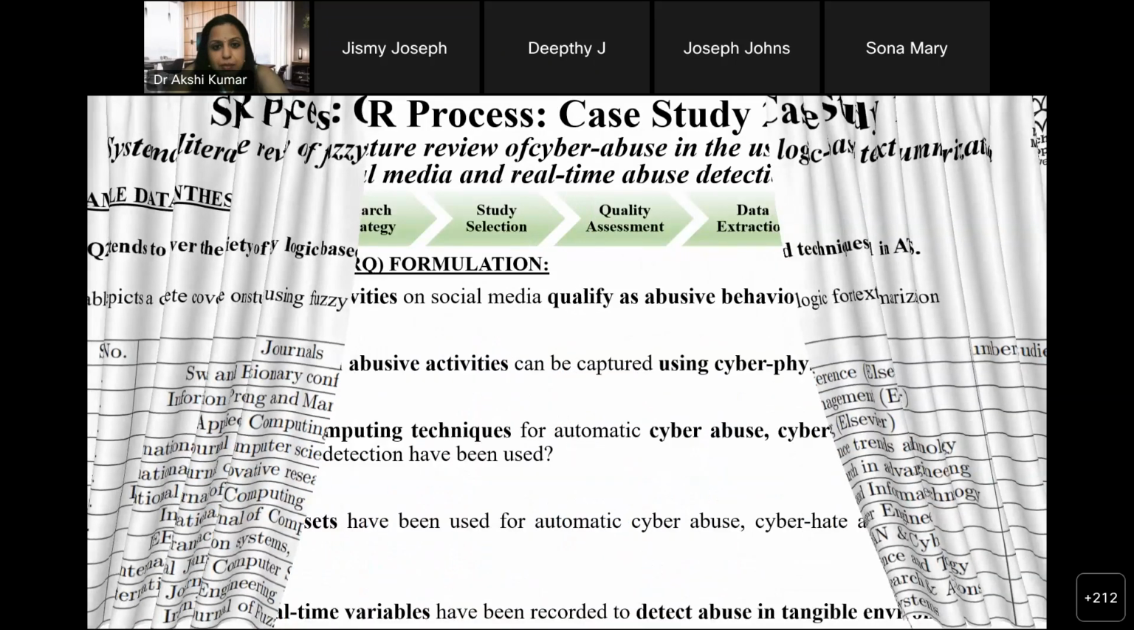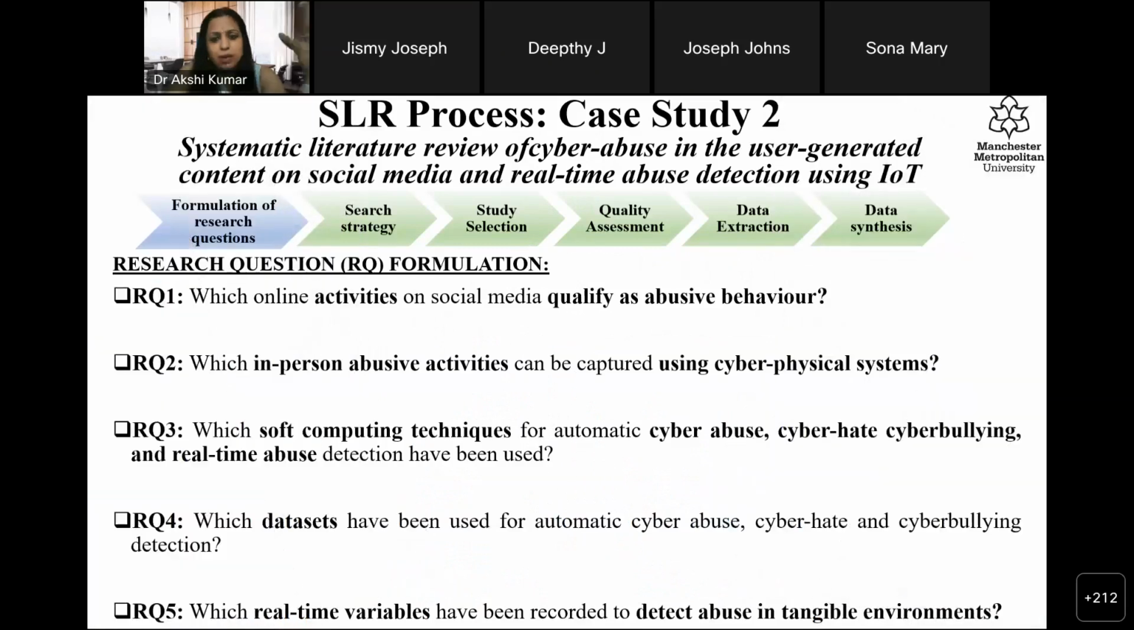I will just go through the second study now, not explaining much of what has been done. So here in the second case study, we did an SLR of cyber abuse in user-generated content on social media and real-time abuse detection on IoT. We did not know which to focus on, because somebody told us on social media you may get the data sets, but in IoT you may not. So what to do? The problem statement was, let us take a common term, cyber abuse, because somebody